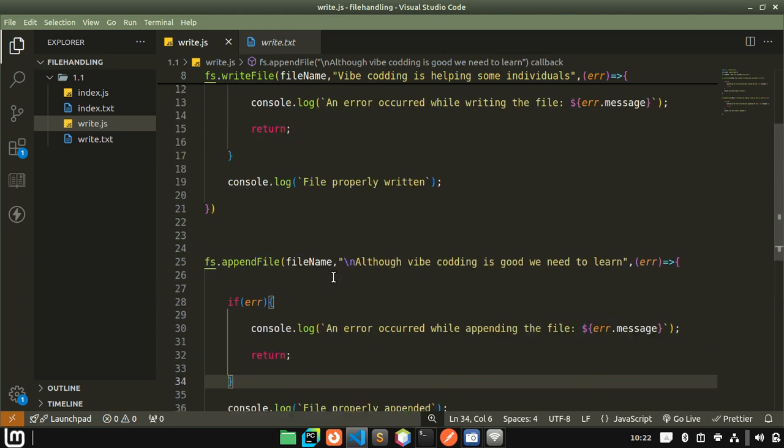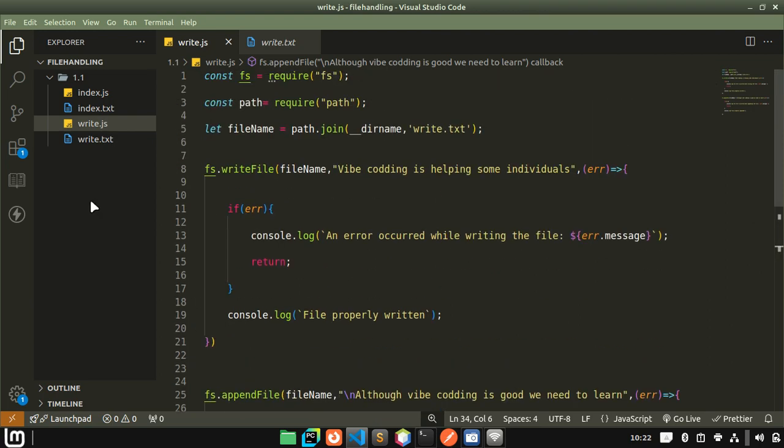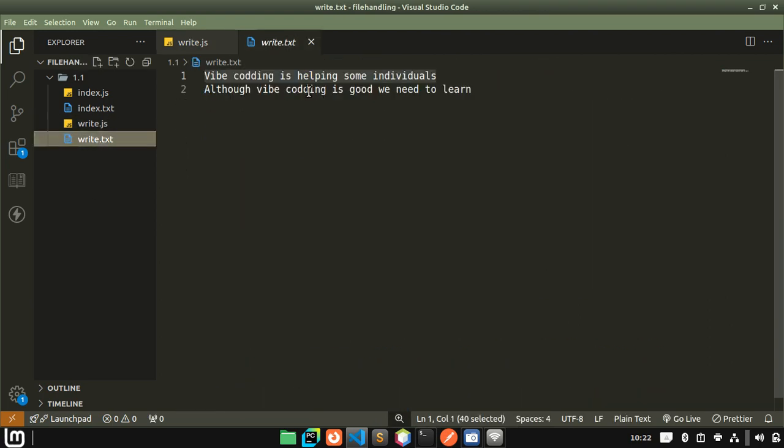Now if I come here and open this write file to see what has happened, it says vibe coding is helping some individuals. Yes, although vibe coding is good, we need to learn. So this content has been appended there. Now